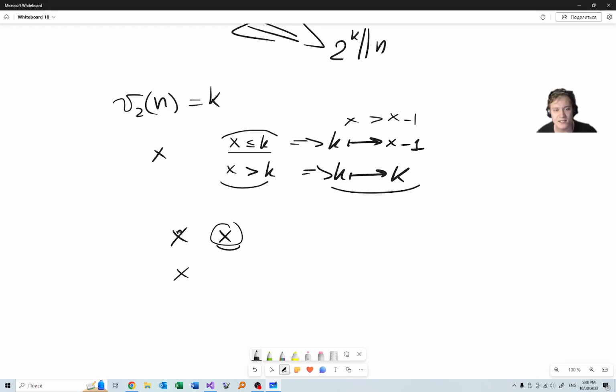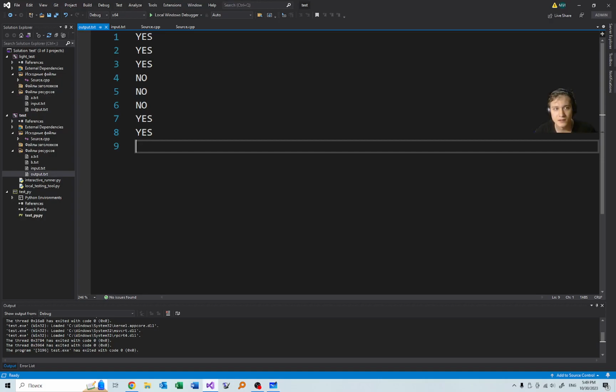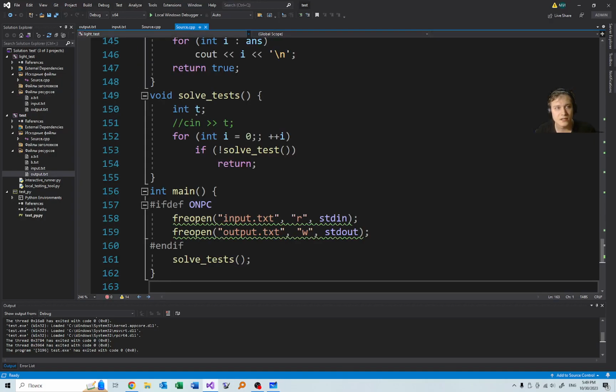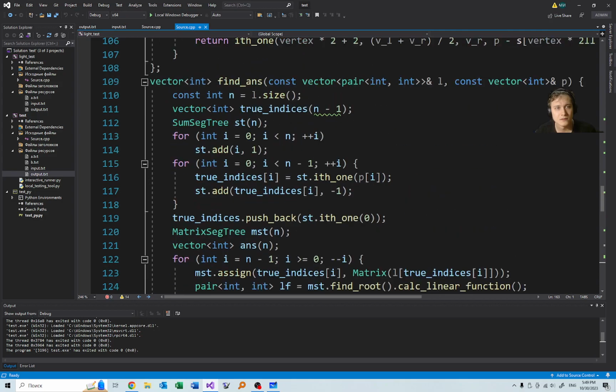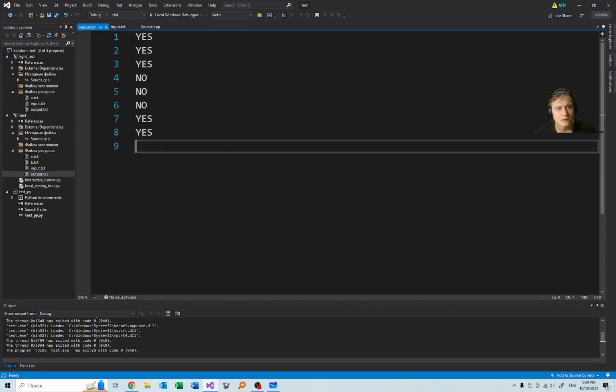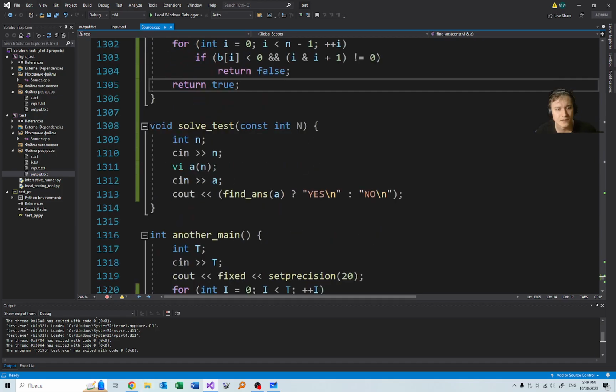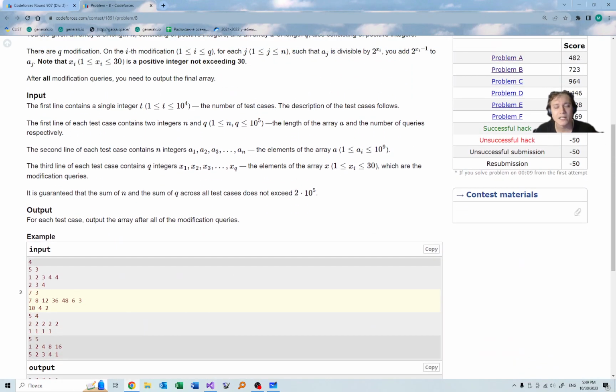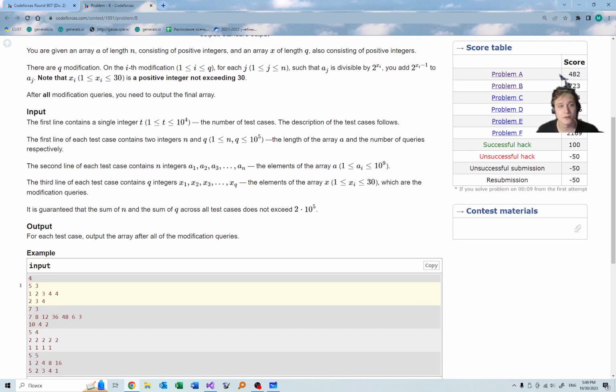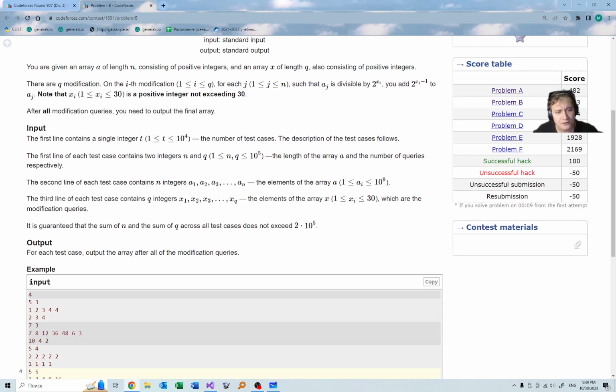Moreover, if we have x and something which is at least x, still this would mean that even if the first operation changes something, then the second definitely wouldn't. So among all operations, we only leave some decreasing subsequence. And after that, we simply apply all the operations. So we read n and q.